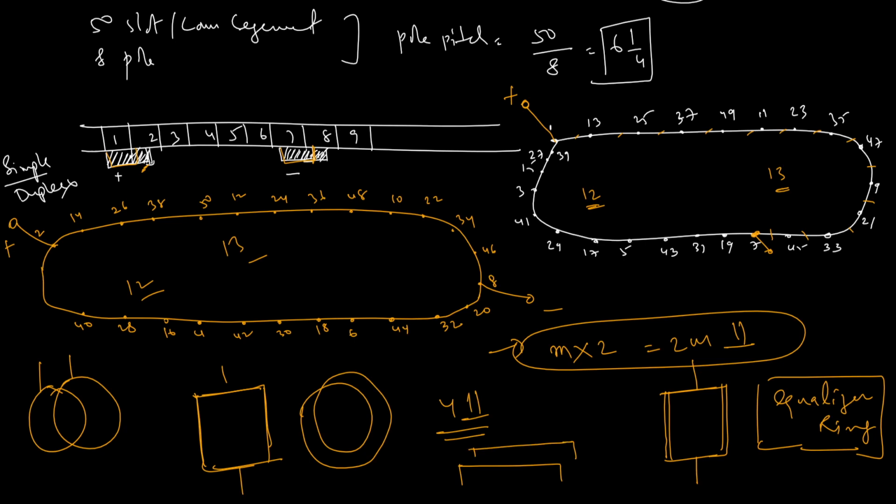So if I connect these two with an equalizer ring, then there may be a slight difference in EMF induced, because under the poles, the coils placed in this circuit and the coils placed in this circuit are displaced by some slots, 1 slot or 1.5 slots. So there may be a slight EMF difference in the case of a single-circuit duplex, but we have only one closed circuit. So unlike 2 separate identical circuits, it is easier to connect the equalizer rings.